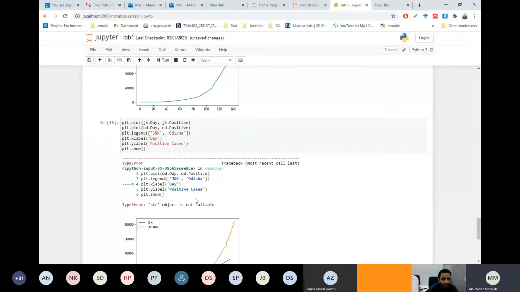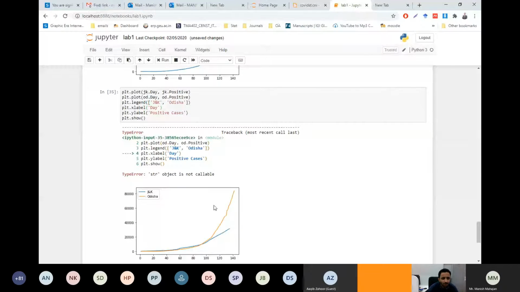Same error. He has written plt.plot, then braces jk dot day, then comma jk dot positive. Then on the next line plt dot plot, braces od dot day, comma od dot positive. Then on the third line plt dot legend, curly braces, then square braces in single quotes J and K,